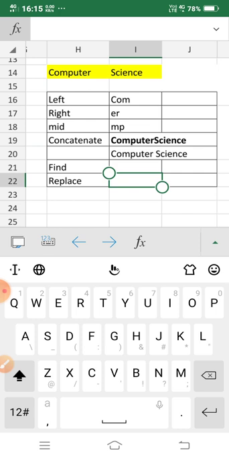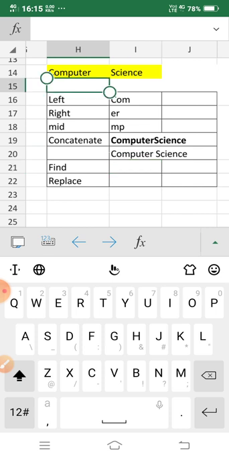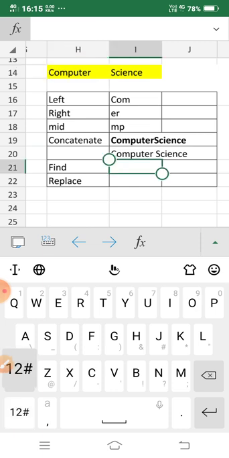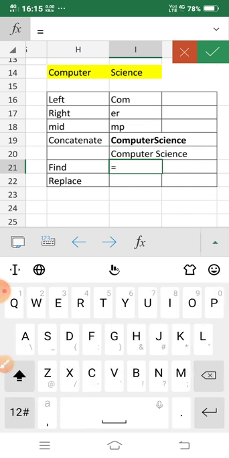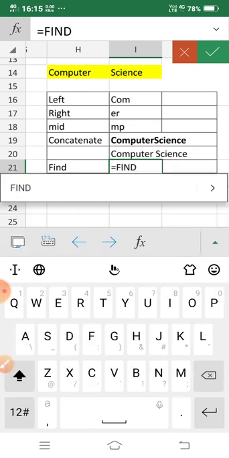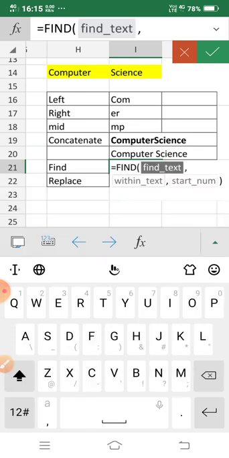Okay, so next one is find. Find means from a text it will give some particular alphabet. You want some particular alphabet from a given text, you want to search something, then you have to use the function find. So for this you have to use equal then the find function. Now find text.